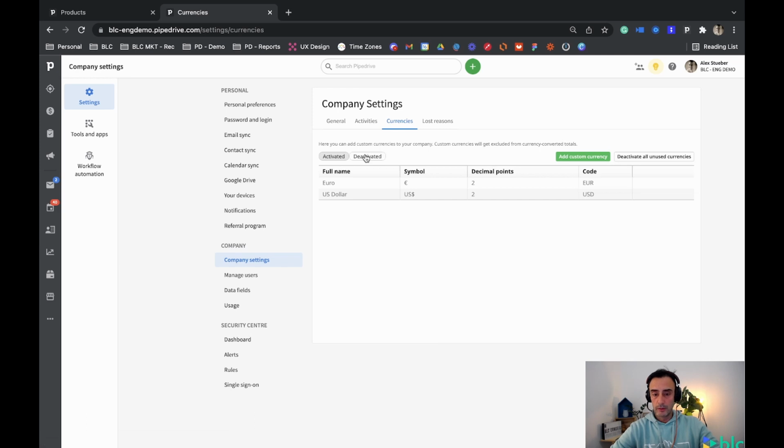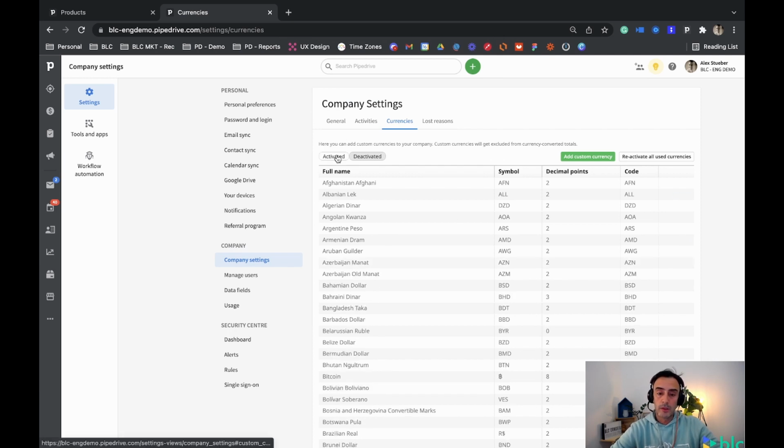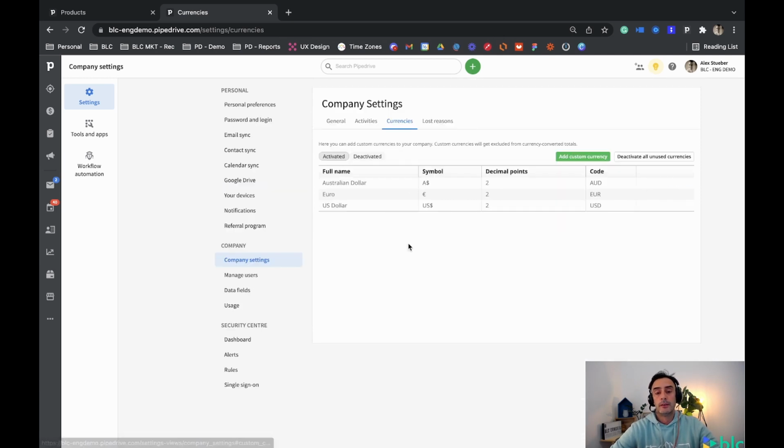is go into the deactivated ones. I could search, let's say that my market's developing in Australia, and now I wanted to activate my Australian dollars in the account. I would say yes, and then in the activated ones, I would have the three currencies available for me. So I don't have that big list in there. I only have my three main currencies that I work with. And if I go back in products,